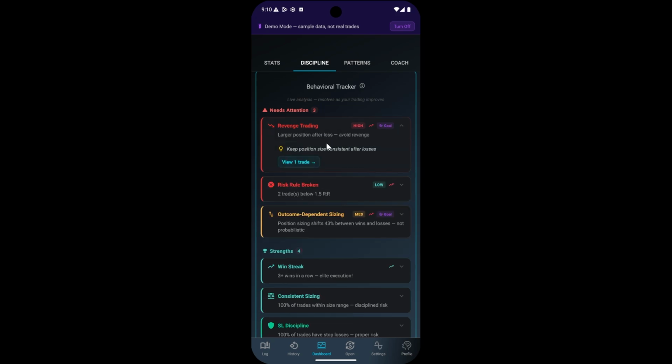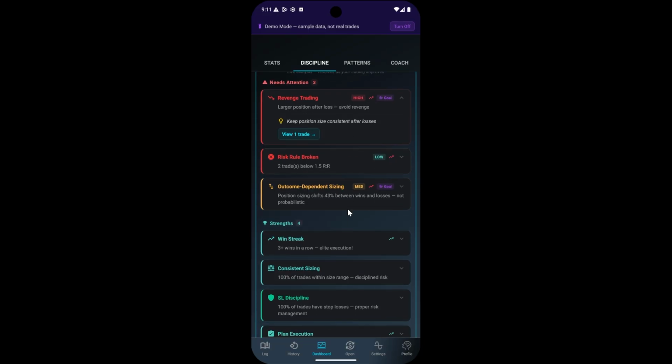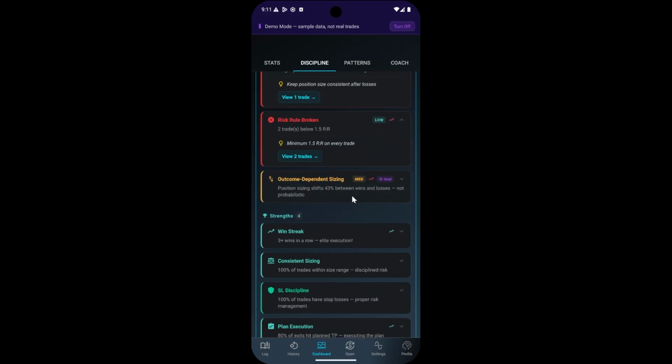So if you're entering larger positions after a loss, then obviously you're probably revenge trading, and you're probably not managing your discipline very well. And it'll give you a notification, hey, maybe you shouldn't be entering this trade right now. Maybe you should take a break. Are you breaking your rules,